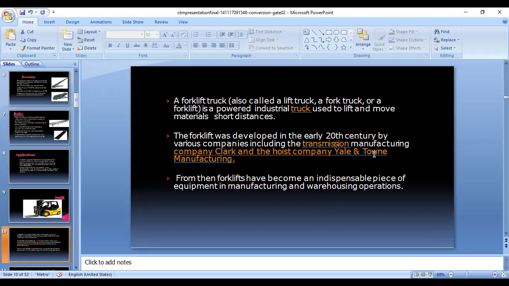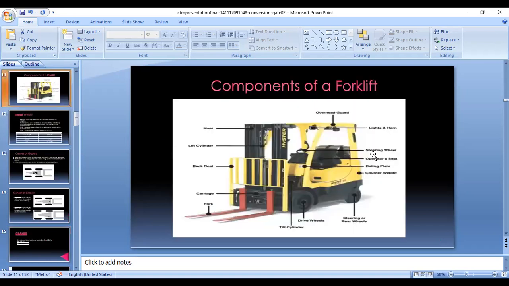In a warehouse, we can observe these in marts and grocery stores. They can keep these materials in high warehousing, placing them at a high range. So to lift these materials upward, or to carry these materials, forklifts are used for lifting up the materials to place in such high places, and to carry them for short distances in the malls or the marts. Components of a forklift.